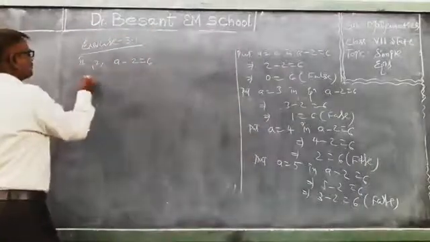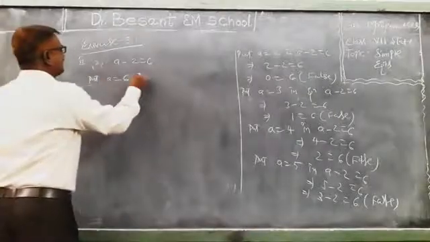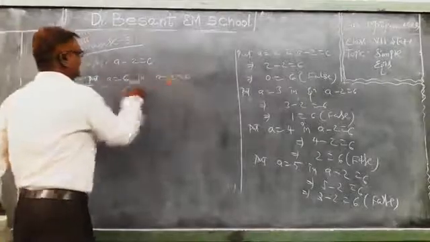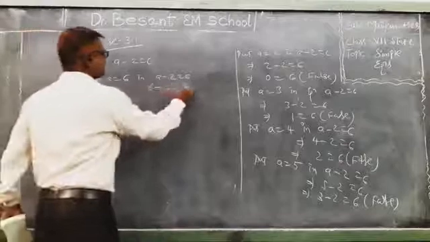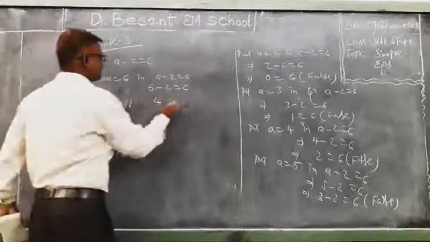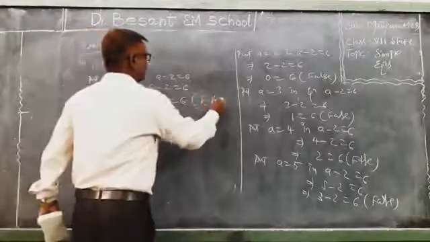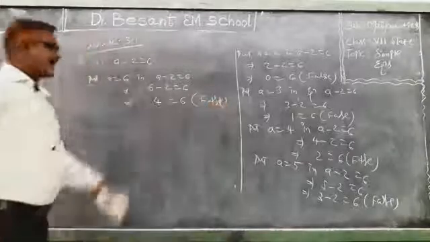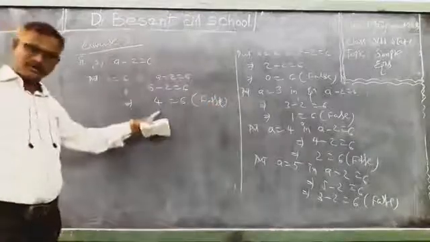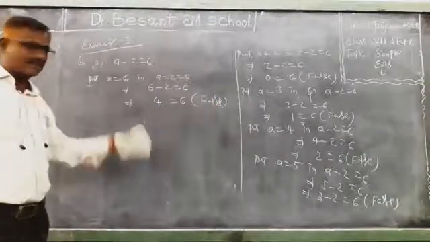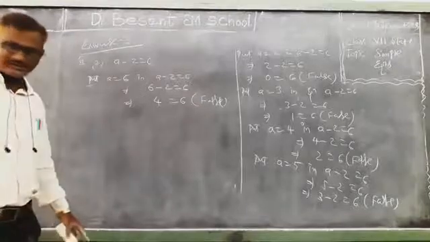Continuation. Put a equal to 6 in a minus 2 is equal to 6. a means 6 minus 2 is equal to 6. 6 minus 2, 4 is equal to 6, which is also false. After keeping a equal to 6 in LHS, we got 4. 4 equal to 6 is a false statement. So a equal to 6 is also not a solution for the equation.